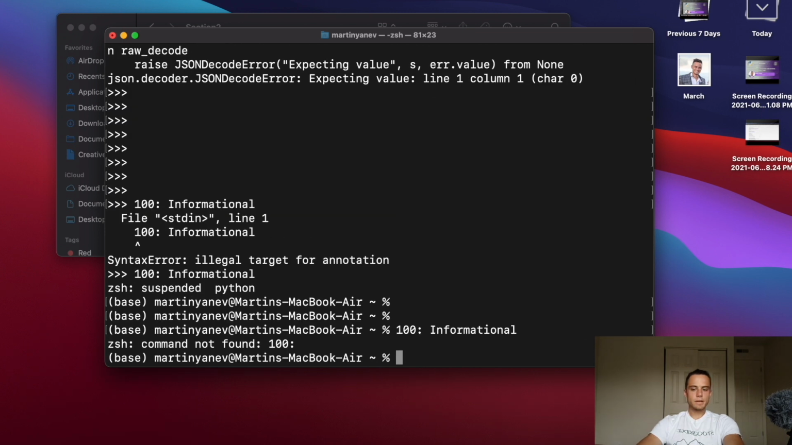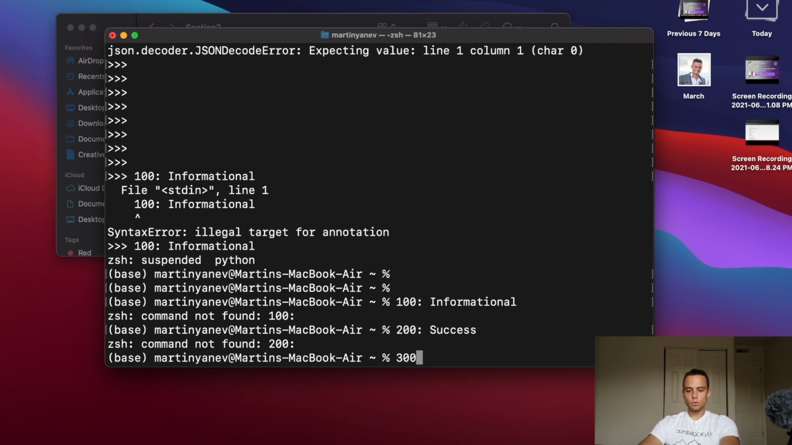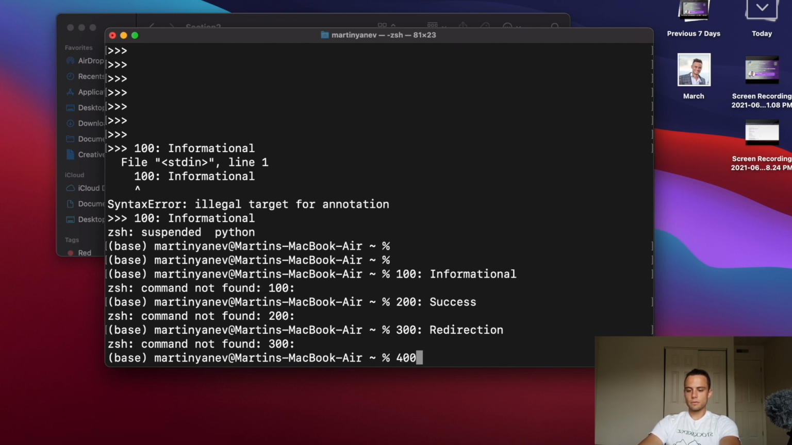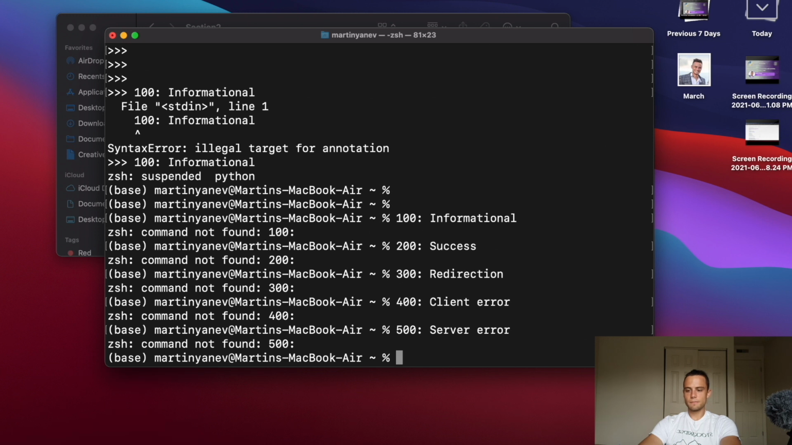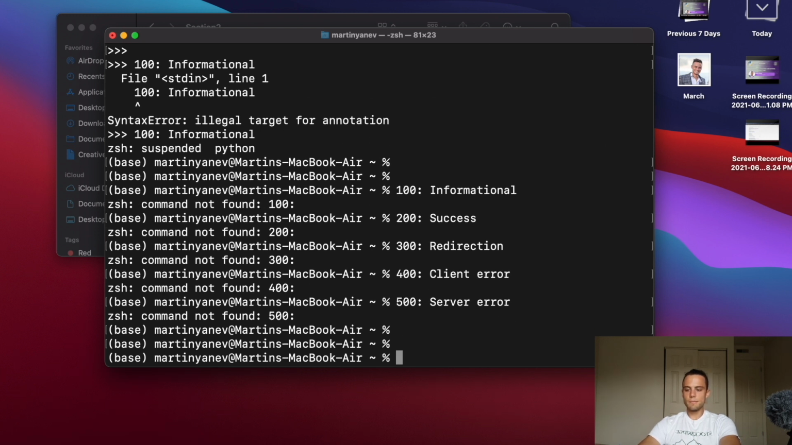Okay. For example, if you see code 200, this means success, which means that the command is executed correctly. If we see code 300, this means redirection. If we see code 400, this means client error, and if we see 500, this usually means server error. Okay, so these are all the codes that we could see, and let's try to do one operation, or actually